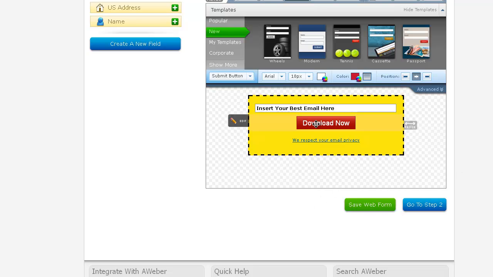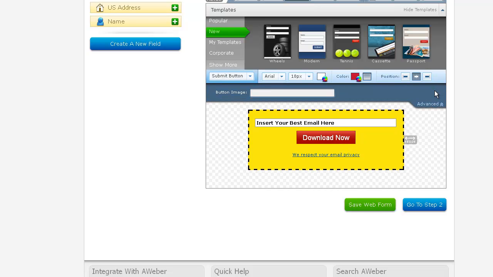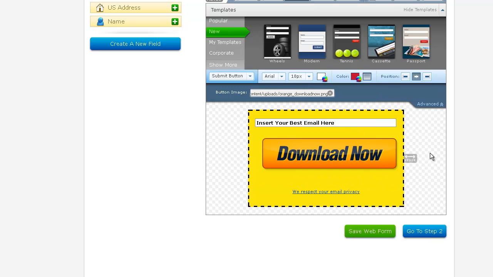Oh, also I want to show you how to insert your own button. So what you would do is click here. When you have the submit button selected, you click on advanced, and you see right here it says button image. This is where you would put in a direct link to an image that you have selected for your button. So just upload it to your server, upload it through your WordPress into the media. Get the direct link and paste it in here, and there you go. And once this is done, you just go ahead and save web form,